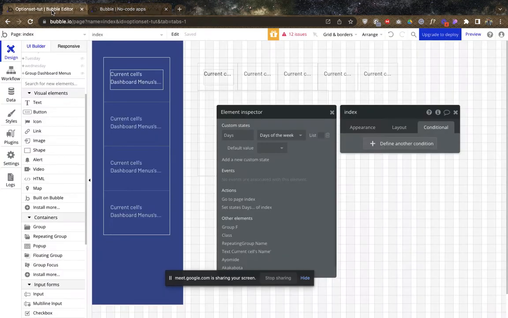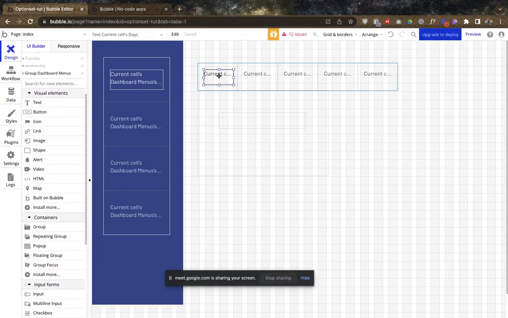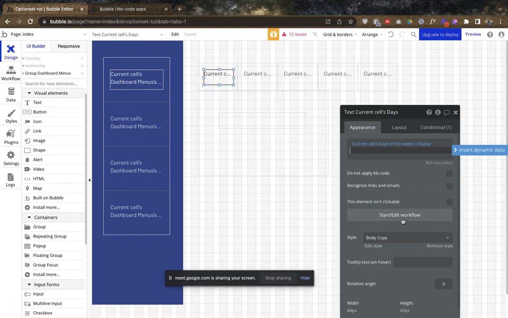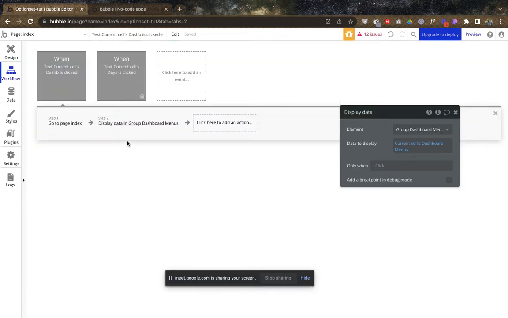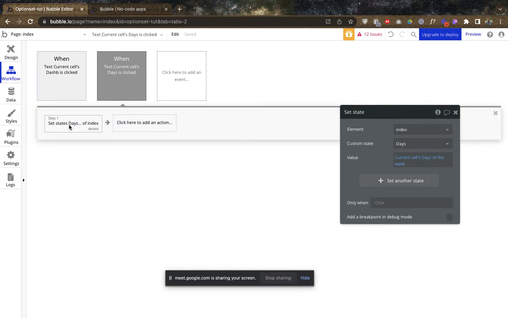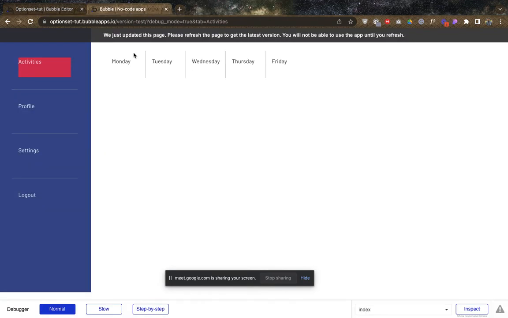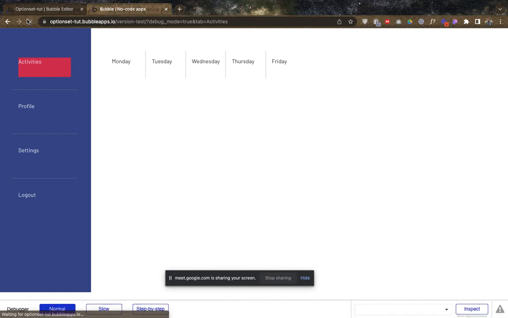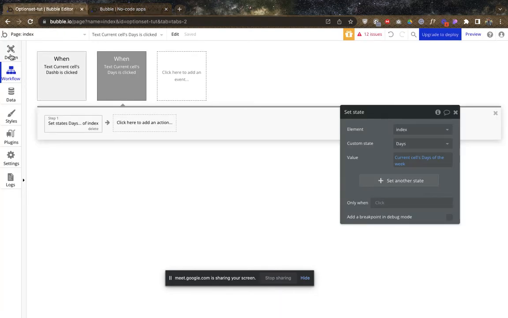And I add a workflow to turn it on here, right? I said when this is clicked, it should set the value to current sales days of the week, right? So that means it will wait for me to click any one of these before it turns it on. And when I reload back, it's going to go back to dormant. But when we now set